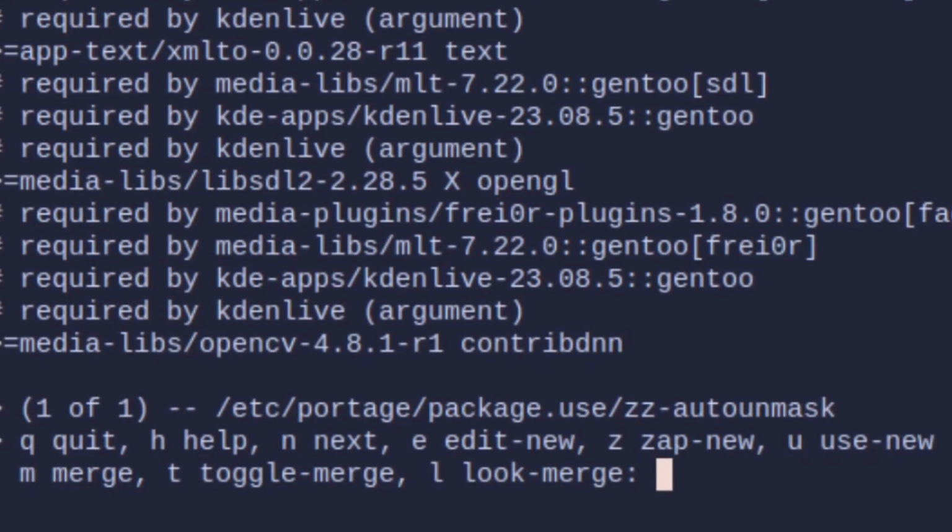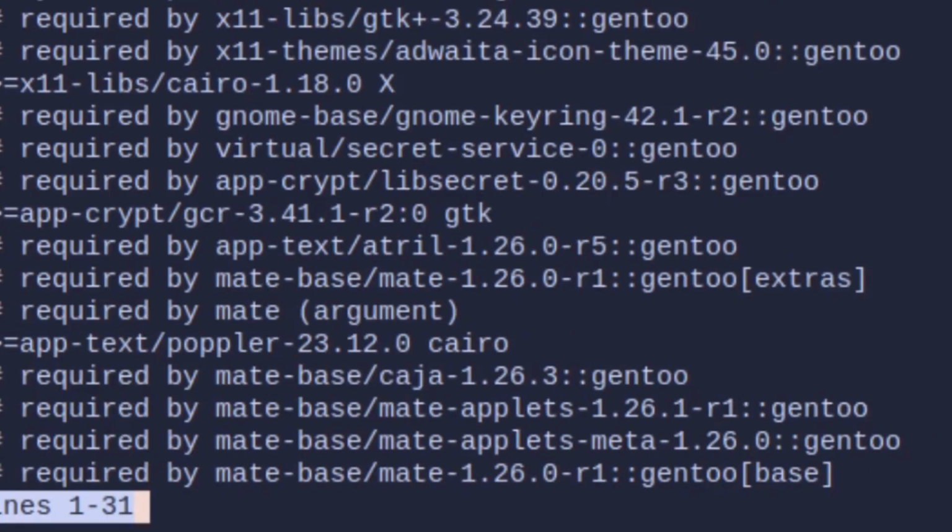You've got Q for quit, which obviously quits, H for help, which gives you help, N for next, so you could just skip it and move on, E, which allows you to edit it yourself, Z for zap new, which means remove the new config and keep your old one, U, which is use new config, which means overwrite your old one, merge, which merges the two together, and